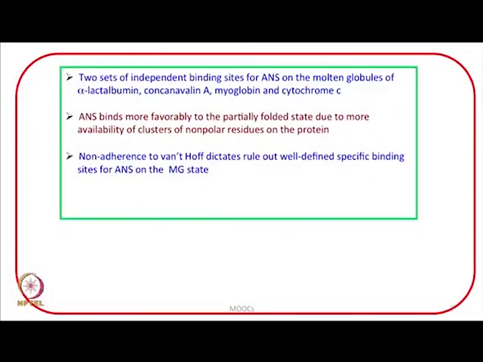Now, once you have the equilibrium constant or binding constant as a function of temperature, the example that I just showed, the data on binding of ANS with the molten globule state of alpha-lactalbumin at different temperatures, once you have the value of K as a function of temperature, I can get Van 't Hoff enthalpy. And here again, the Van 't Hoff enthalpy and calorimetric enthalpy comparison gives you information about the nature of binding